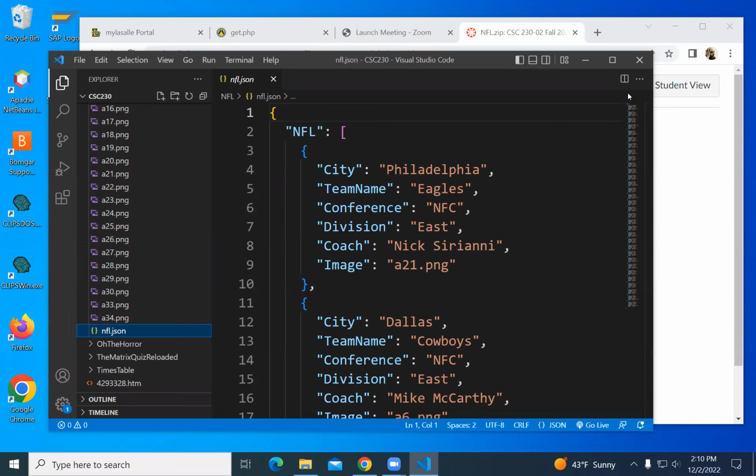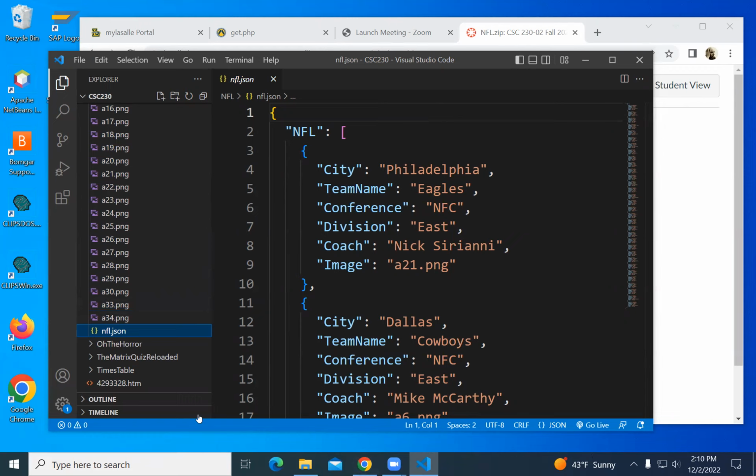It's structured a little bit flatter, but we will try to discover these things. So I don't have a conference object or division object, but I want to write code that will loop through all the teams and find the unique conferences. Okay, so that is the game.